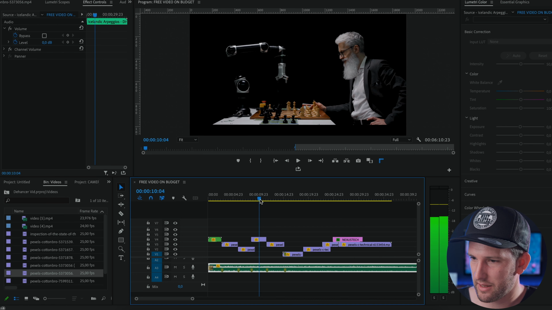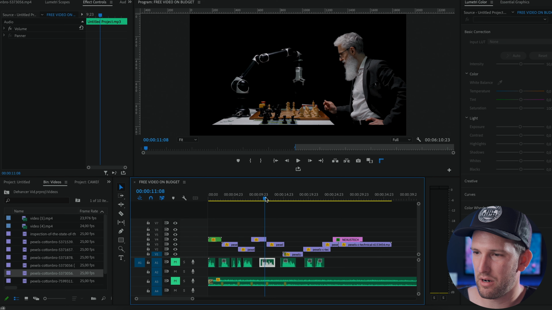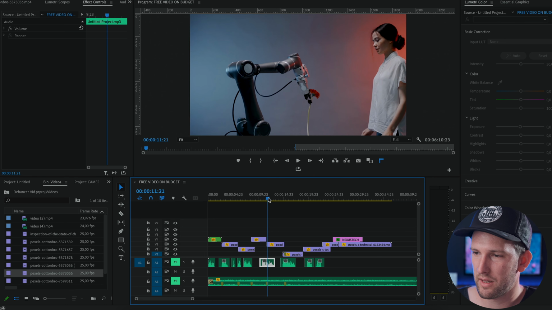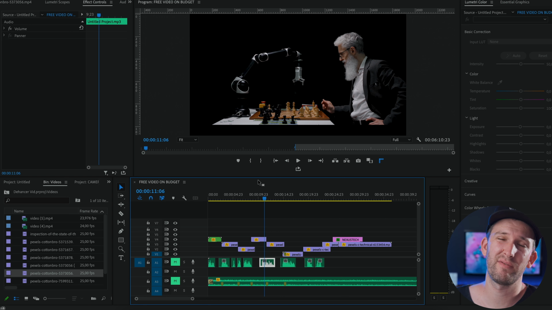I used a match cut at this point, moving from the one clip into the next. I used a match cut. You can see how the robotic arm stays in the same position from one to the other. Just a cool video editing technique in order to make something different,